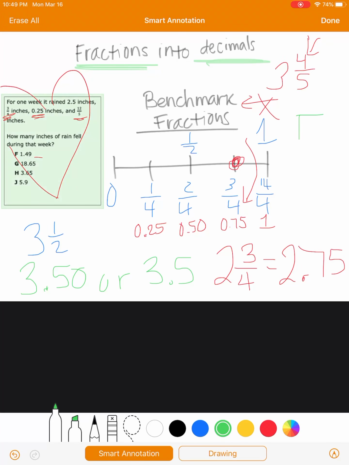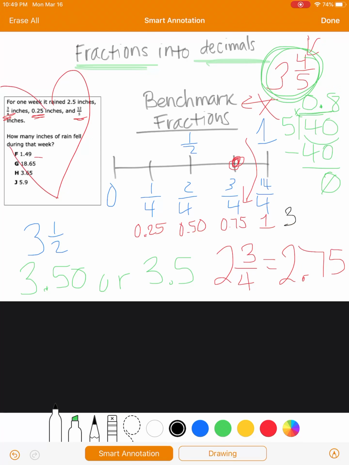I do a box, top, which is 4, and then 5. Now, I know that 5 goes into 4 0 times. Therefore, I will need a decimal and a placeholder. 5 goes into 40 8 times, and 8 times 5 is 40, and 40 minus 40 is 0. So this number right here represents 3 and 8/10. This is the decimal. So when you're making fractions into decimals, you have to divide, top in the box, and